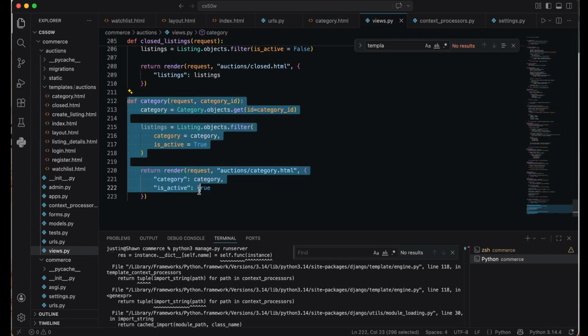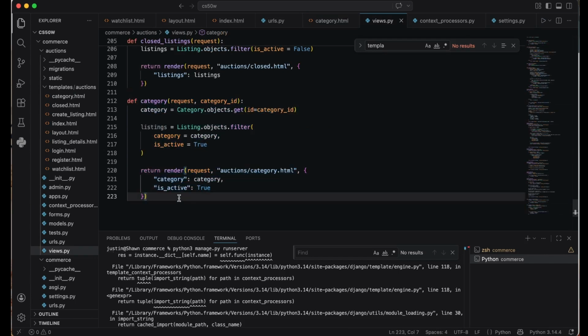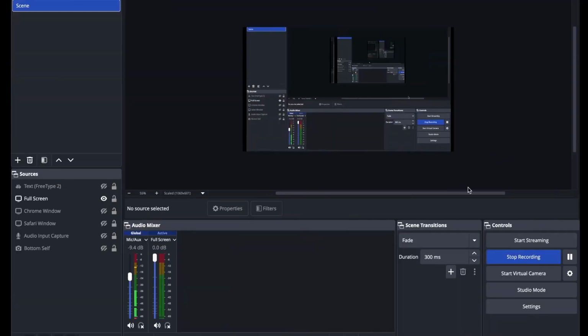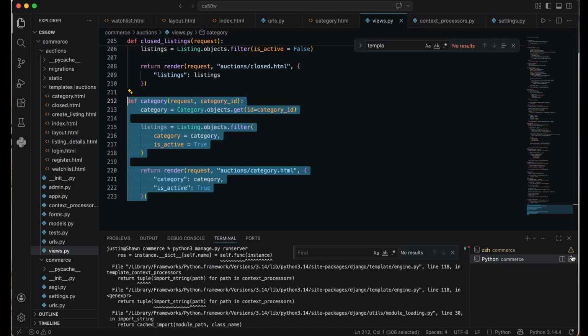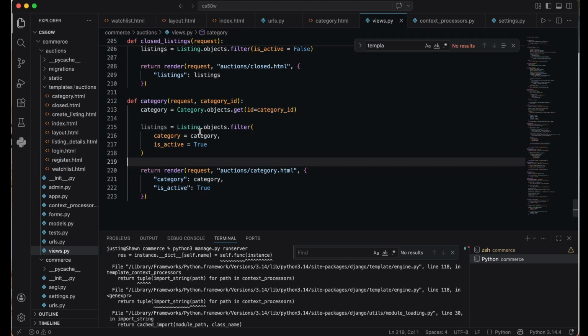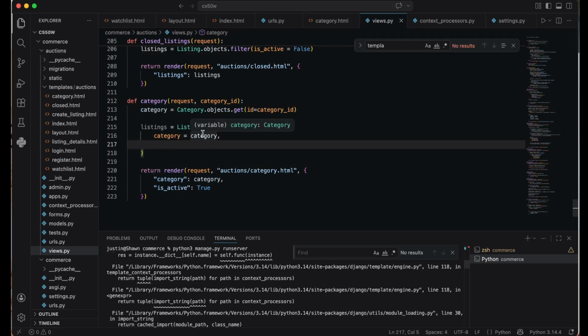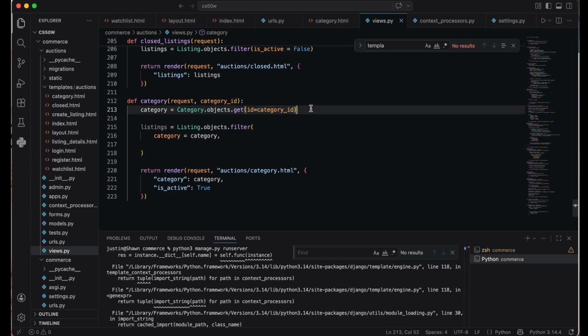The logic is incorrect. So this happens because we do not need this here. We just need to modify a few things so that our category function works, ready to filter the object based on category,